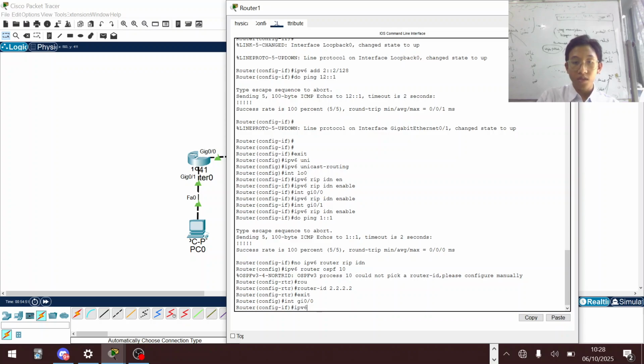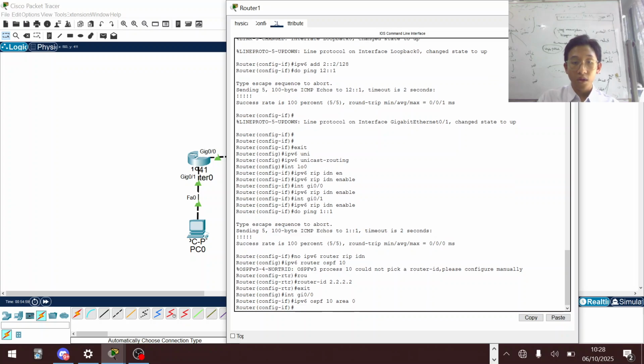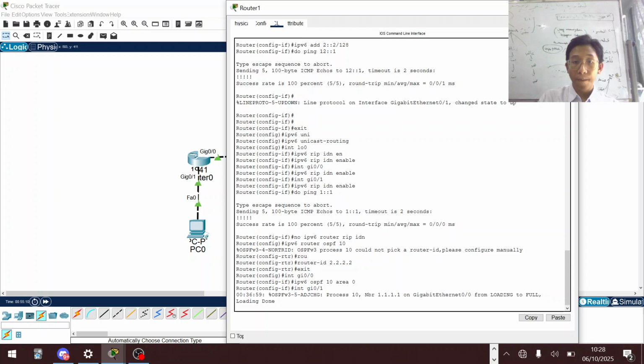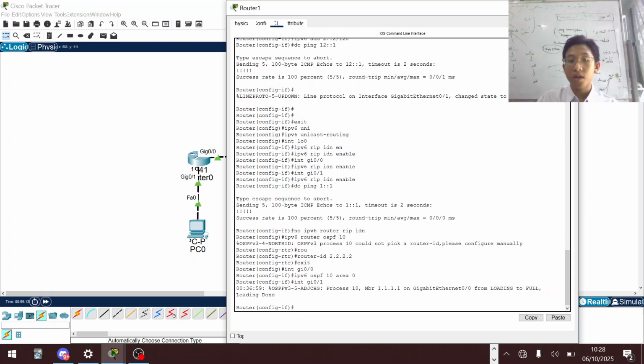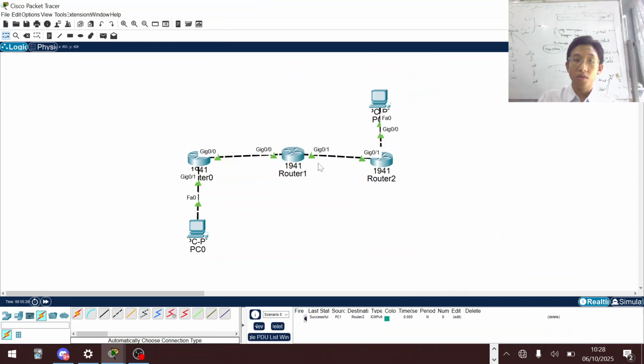It will be IPv6 OSPF 10 area 0, and then interface gigabit 1. As you can see here, it has made an adjacency with the first router, and then we will also add this. Maybe we can add area 1, but for discussion's sake we will just add area 0 here. Okay, done with that.